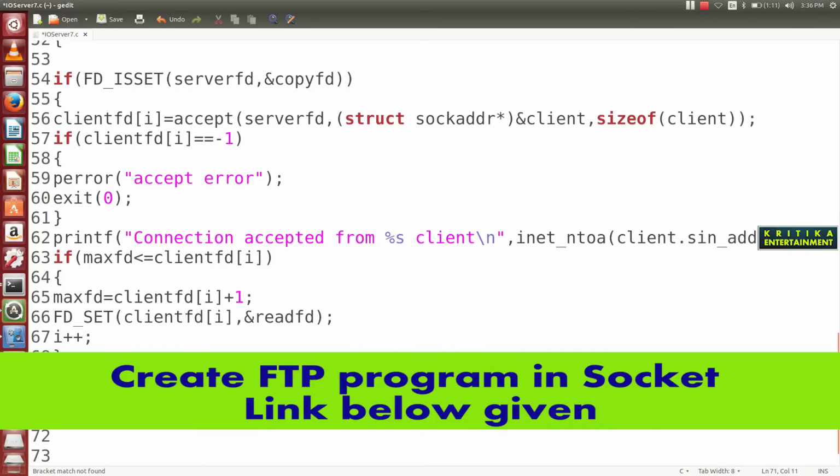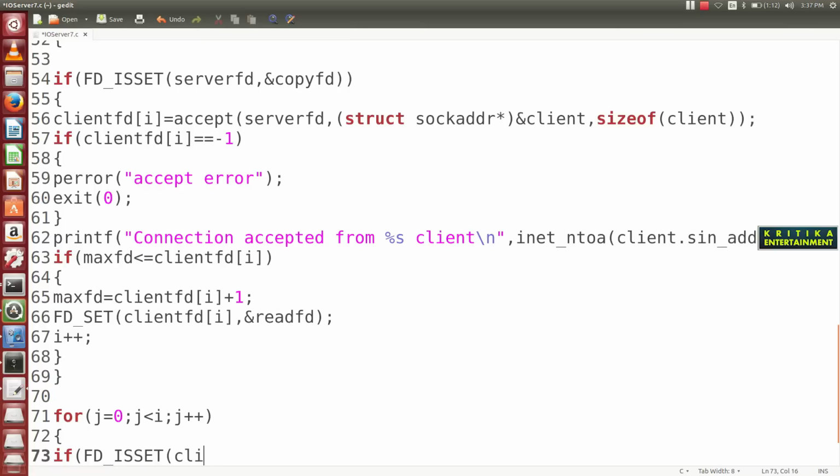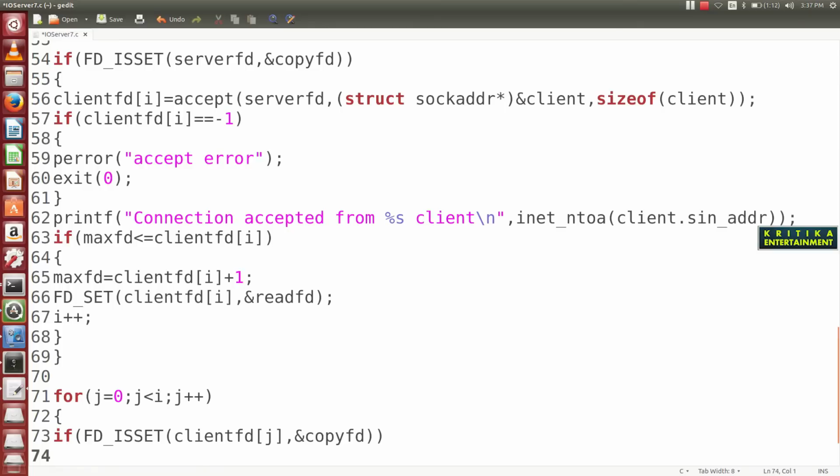Then j plus plus. Then if FD_ISSET client_fd[j], ampersand, always use the copy_fd, okay, then copy_fd.